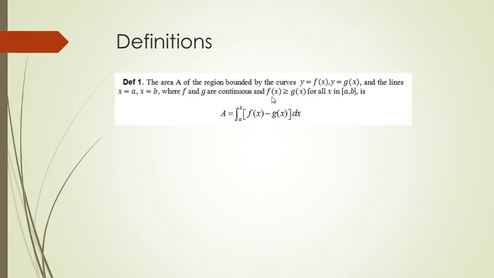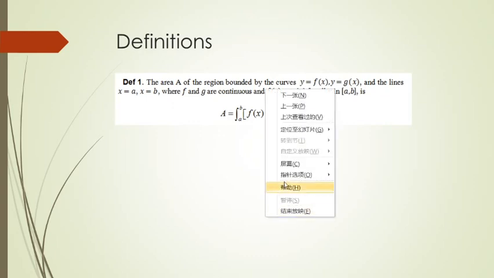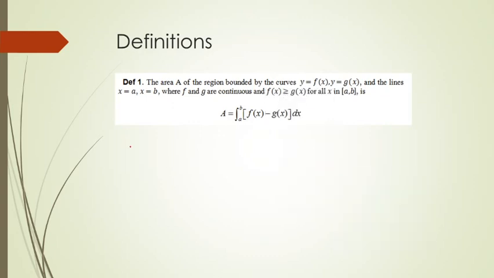So we assume f is greater than g. Then how can we define the area A? We have already written the area A as the limit of the Riemann sum. So we can define it as the definite integral from a to b of f(x) minus g(x)